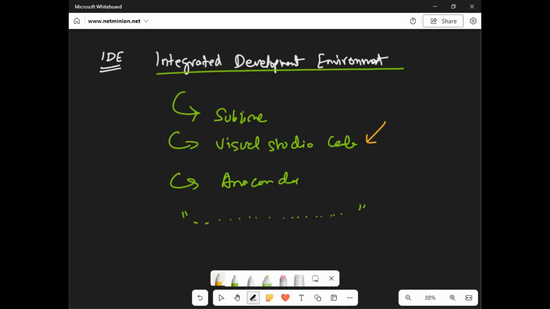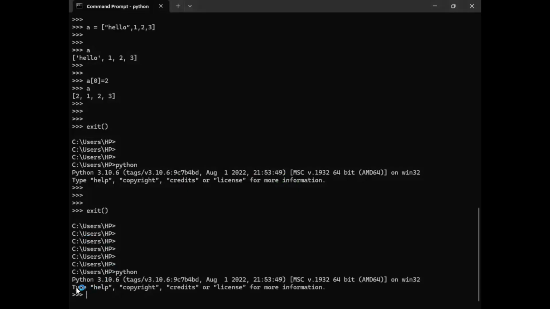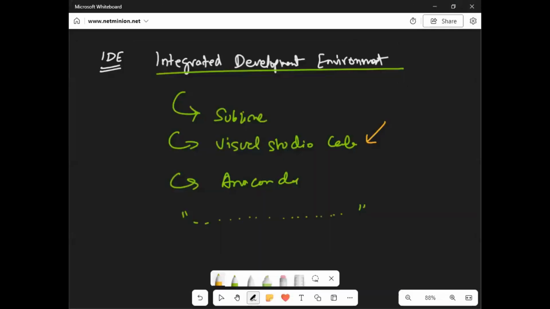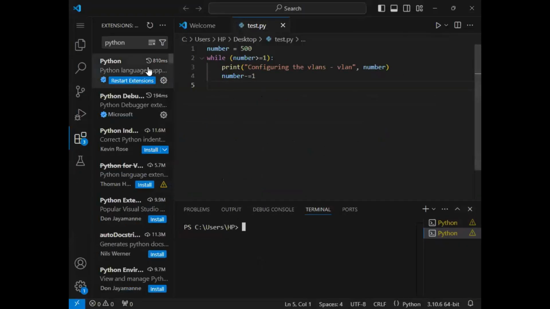When I was here in the interpreter, it is somewhat good for the beginning when I am teaching you something. It is a bit like a shell which is ready to accept your commands. For interactive commands it is good, I can show you something in interpreter mode. But generally we don't use it. Later on, we don't require it anywhere. We will be doing each and everything in our Visual Studio Code.